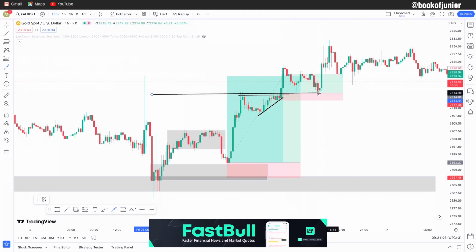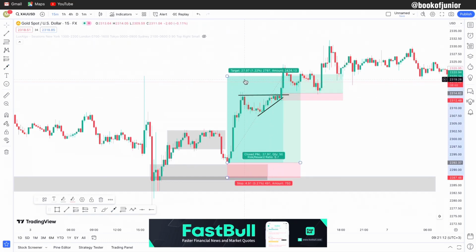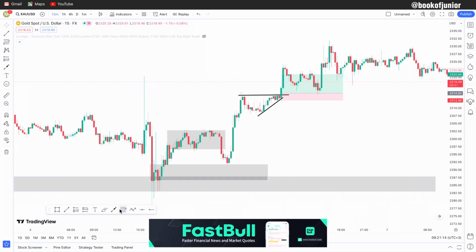Now, I would have caught this other trade when price came back into this zone right here again, because when you look closely, this zone caused this upside move, this one. So when price came back here, which means this was also a demand zone, I would have taken my trade right here. But since I'd already made money from this move and also this big move up,